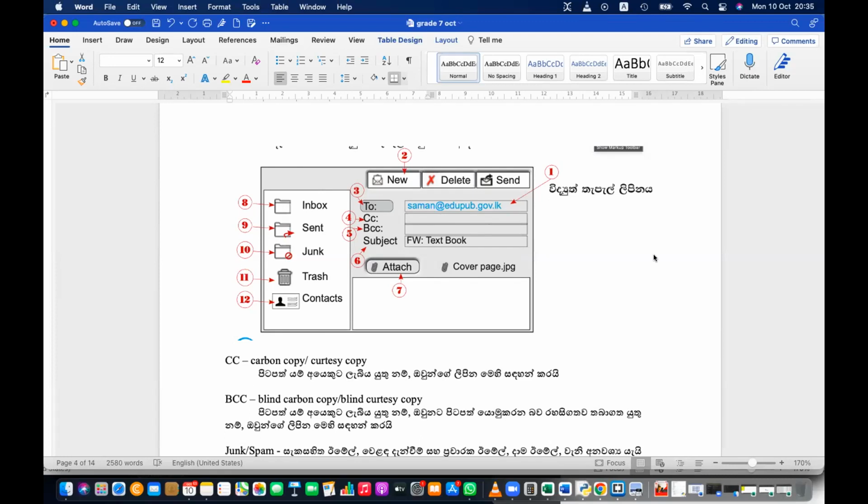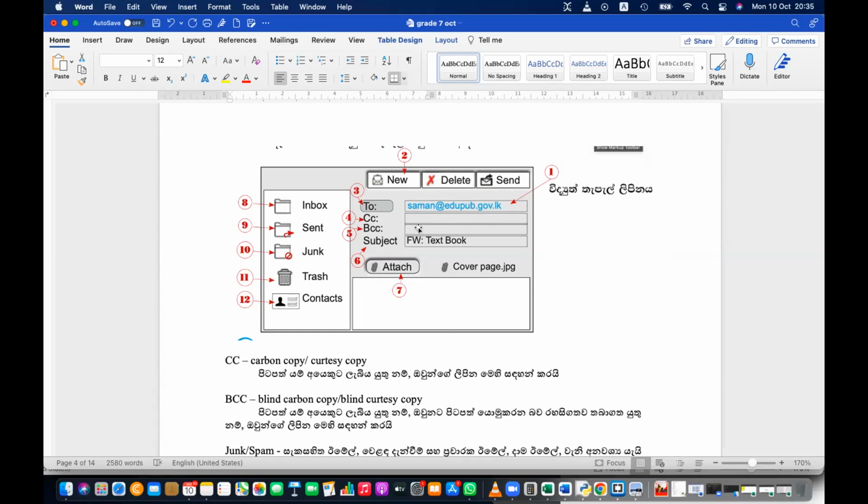So who's the other party? I don't remember the name. Okay, Shevin and Danuri. Let's say Shevin and Danuri. I want to CC this to Shevin and Danuri. Pasan will see that it is copied to Shevin and Danuri. And Shevin will see that it is originally sent to Pasan and it is copied to Danuri and Shevin. And Danuri will also see it is sent to Pasan, it is copied to Danuri and Shevin. All these parties can see their emails because it is copied.